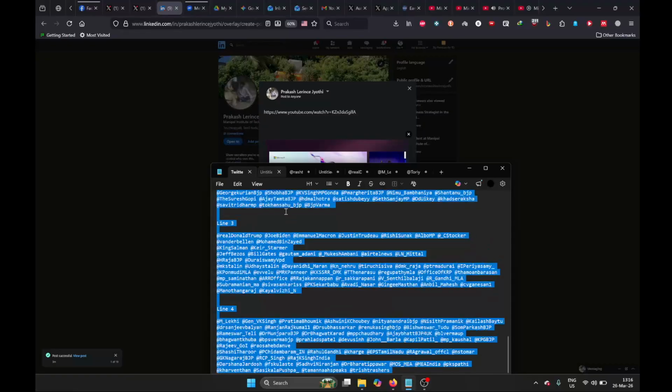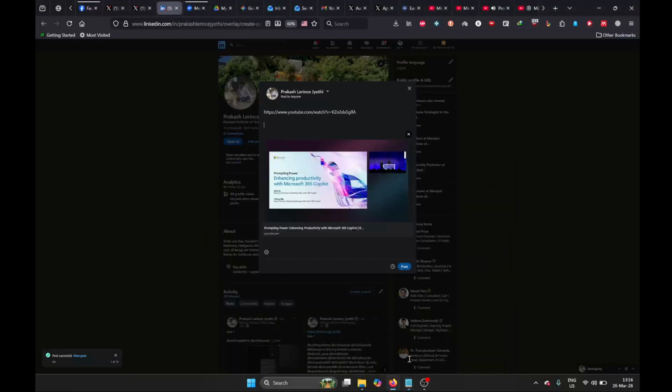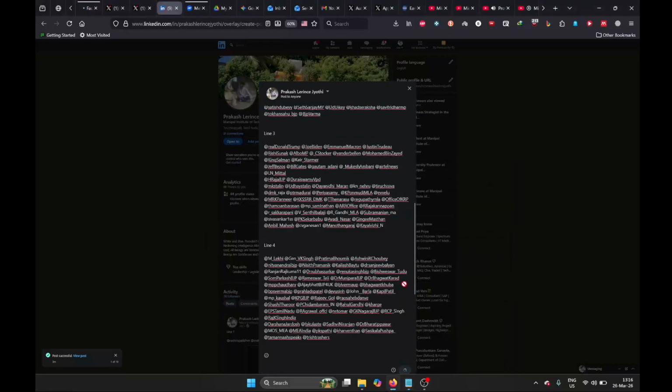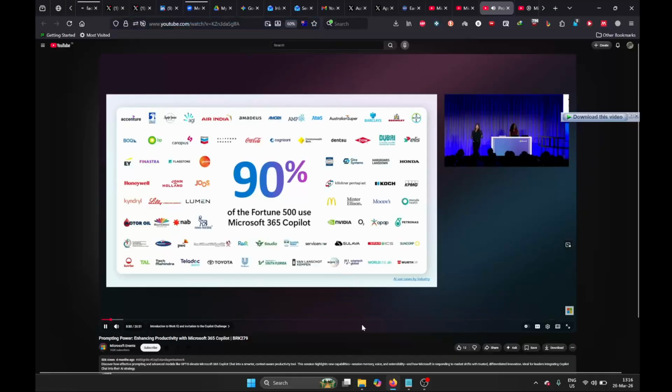90% of customers, Fortune 500 customers, are using Microsoft 365 Copilot. We know that businesses across all industries